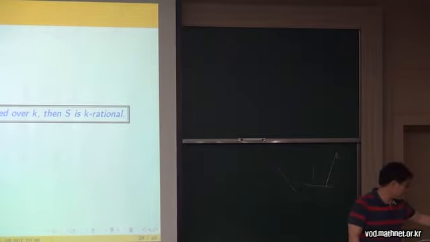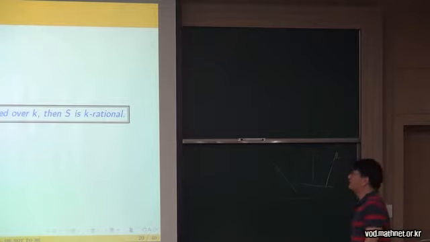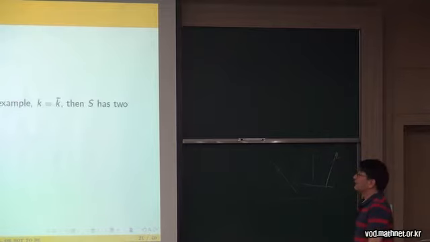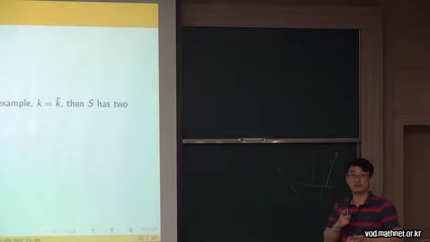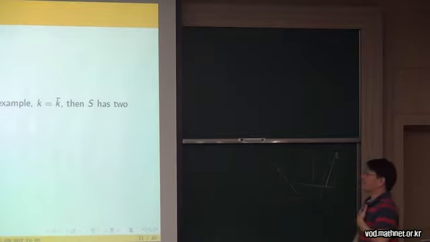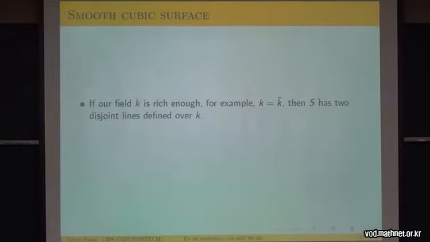So if our cubic surface S has two disjoint lines defined over K, then S is K-rational. Okay? The question is, to apply this method, you have to find your lines defined over K, I mean two disjoint lines, right? So if our field K is rich enough, for example, algebraically closed, then S has two disjoint